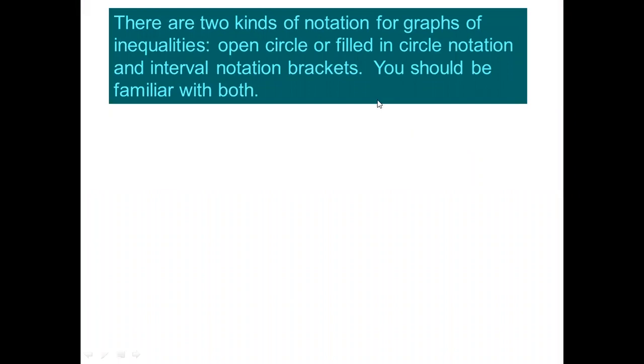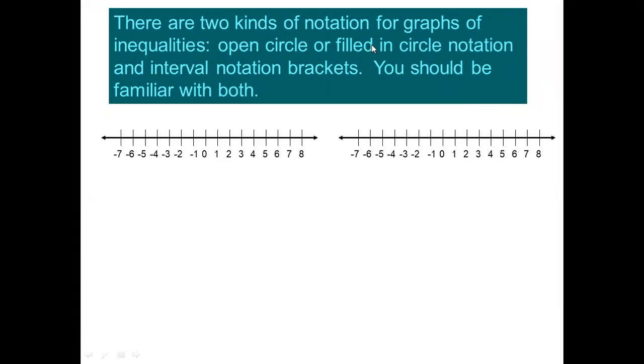When you represent the notation for an inequality on a graph, there are two types of notation. One is the open circle or the filled dark circle, or you can also use the bracket. So let's see both representations on the number line. As you can see, there is a line, and now we want to represent one situation.